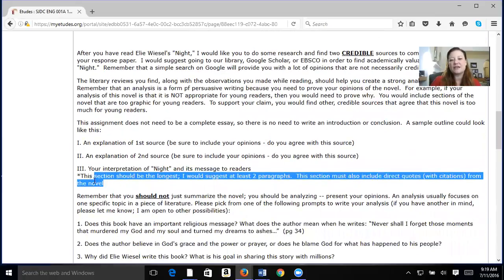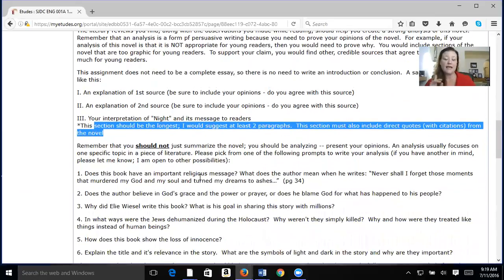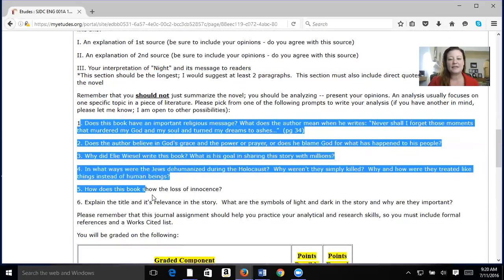And this section should be longer than the other 2 because this is just you talking about what other people have said, and now you're telling me what you think and how you feel. Now, to help you kind of organize your thoughts, I have 6 different essay prompts, if you will, that'll kind of help you shape your response, because I don't want you summarizing the book. This last writing assignment before the term paper will help you prepare for that final analytical response